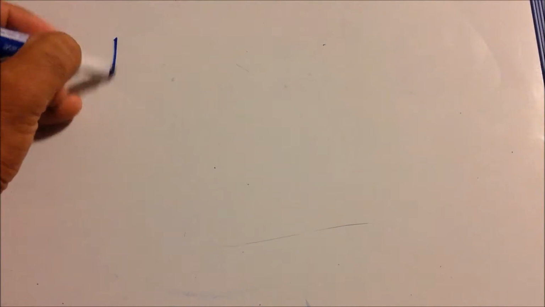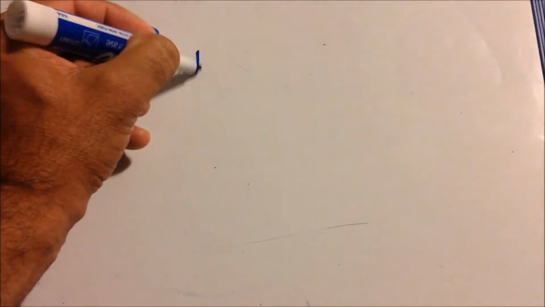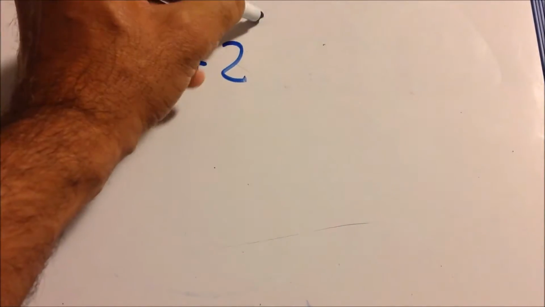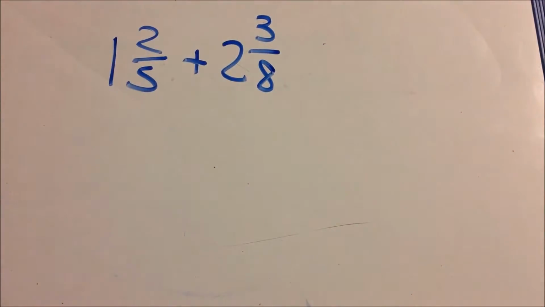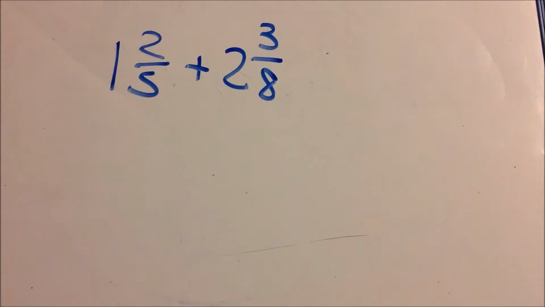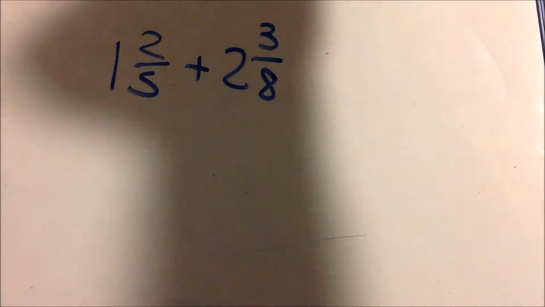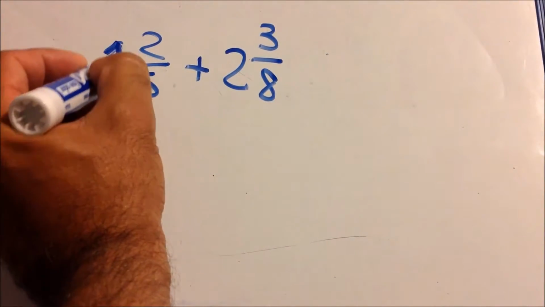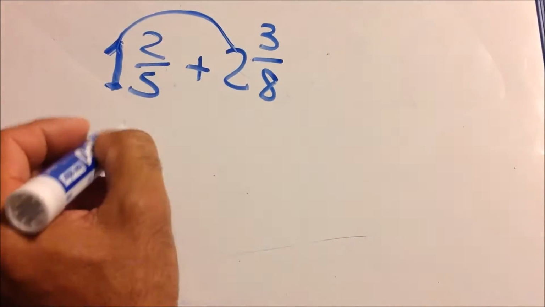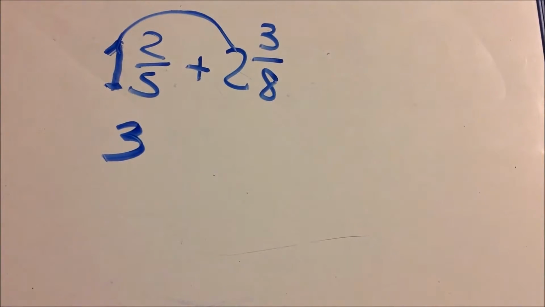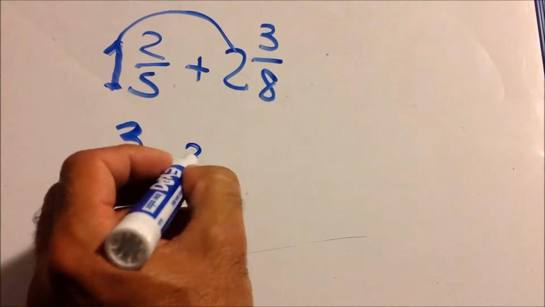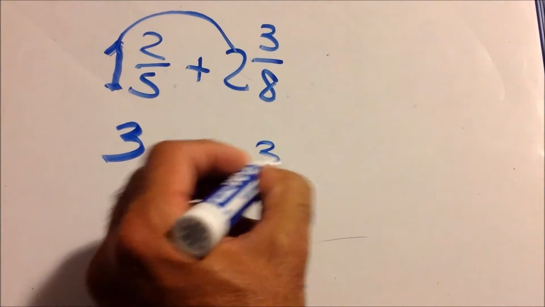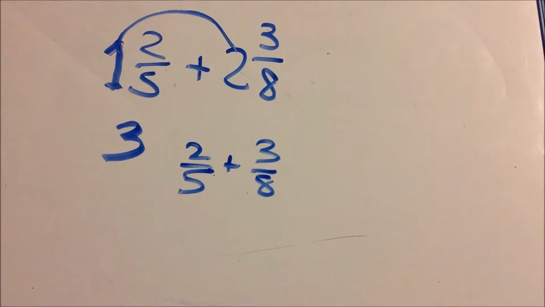Let's go over another. What if I had, say, 1 2/5 plus 2 3/8? Okay, everything's positive here. We don't have to worry about negatives. Now, what you could do to make this easier, I'm going to show you some shortcuts. What's 1 plus 2? 3. So there's your 3 already. And then you can add 2/5 plus 3/8. And the fast way to do this,